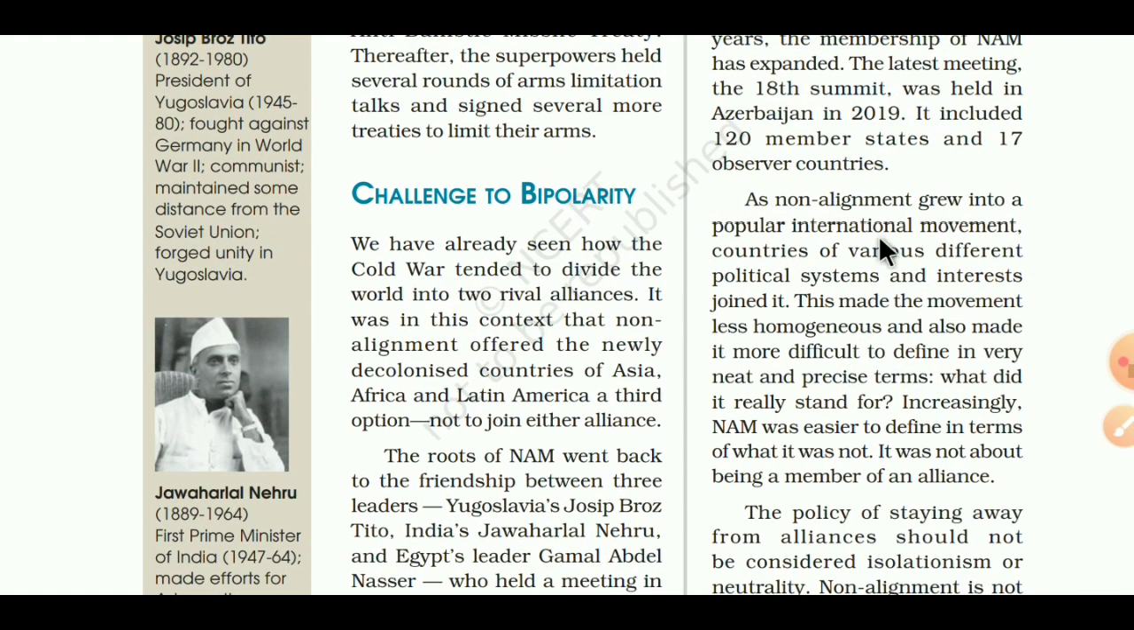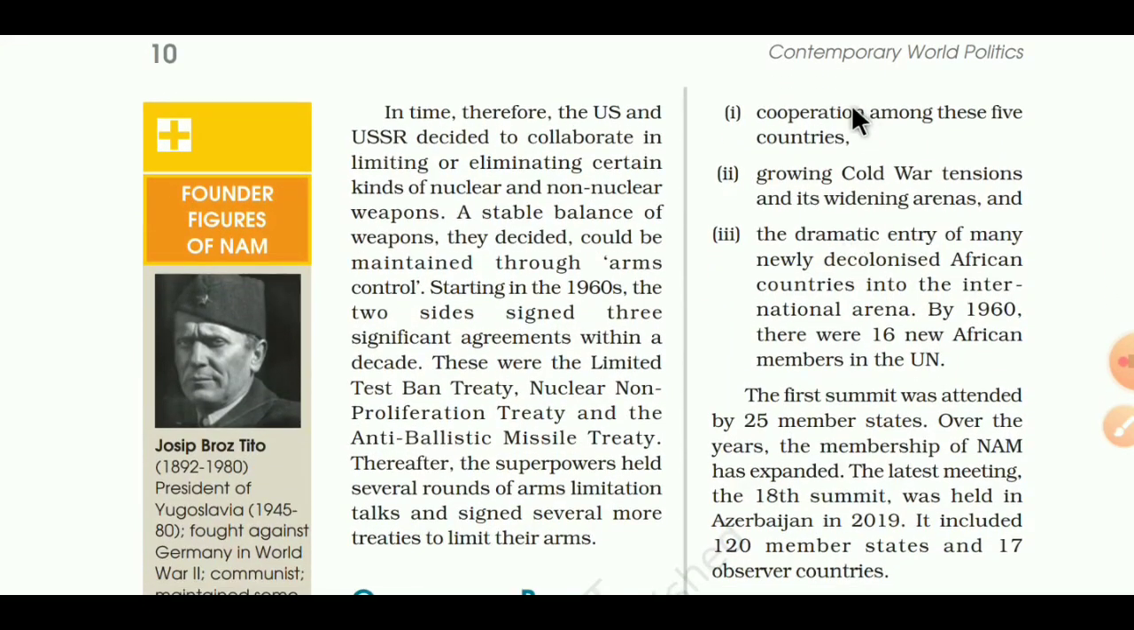Three factors of the non-alignment movement you need to know: cooperation among these countries. Cooperation means whoever is a member of the non-alignment movement should keep cooperation with each other. After that,